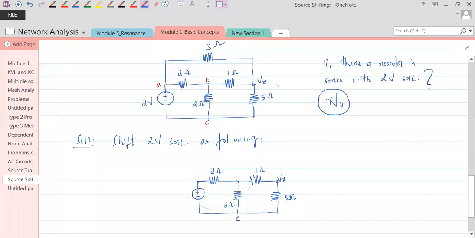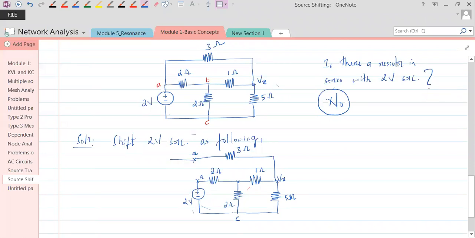That is taken care of. This is the 2 volts. But there is another 3 ohms here, which we are not supposed to forget. Just extend this here. This point and this point are the same as earlier because that is A. So this is also A. A is connected to the positive polarity of the 2 volts, so this also has to be connected to the positive polarity of the 2 volts.